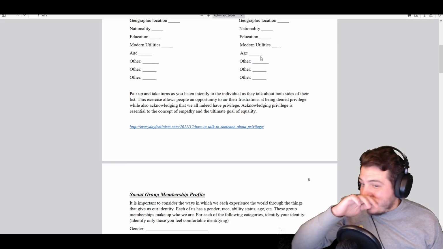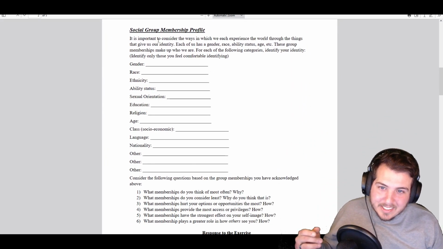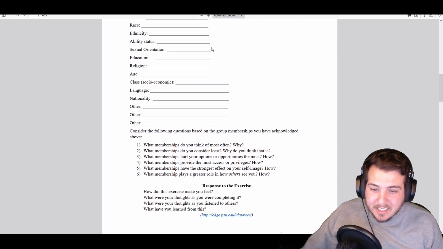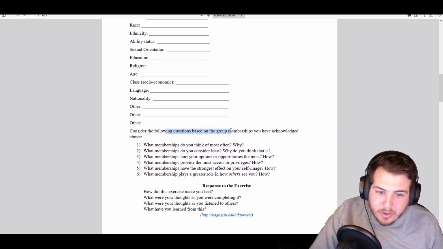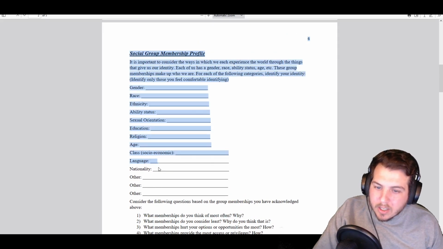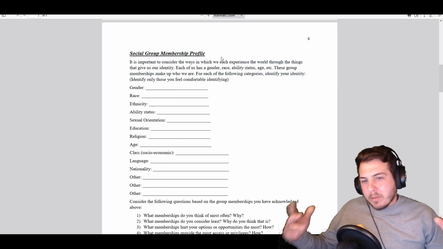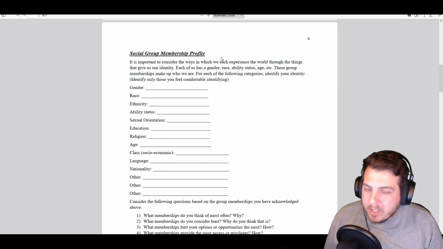But now going back to this exercise, it says consider the following questions based on the group membership you have acknowledged above. And then it asks you, what membership do you think most often and why? Who's ever thinking of this stuff? Who's ever waking up and being like, man, I'm glad I'm a white male